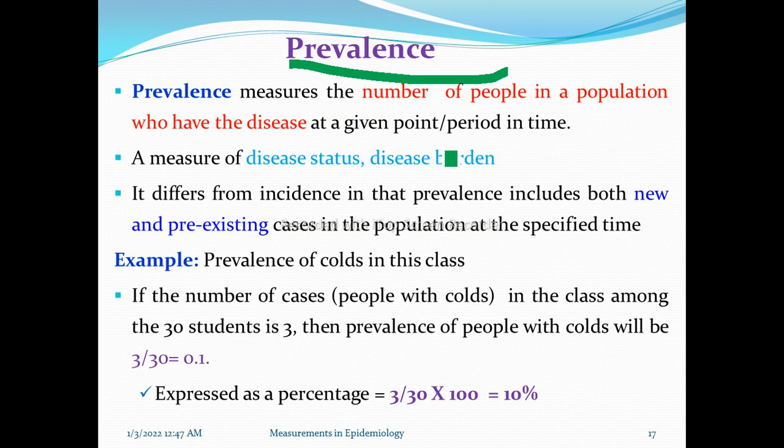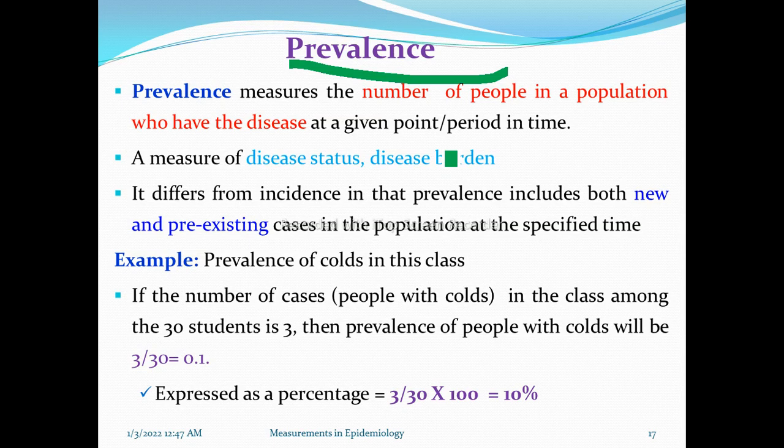And also it will include some specific period that the population is followed. The follow-up period is needed in the incidence. So this is the difference. So when we say the prevalence of common cold in this class